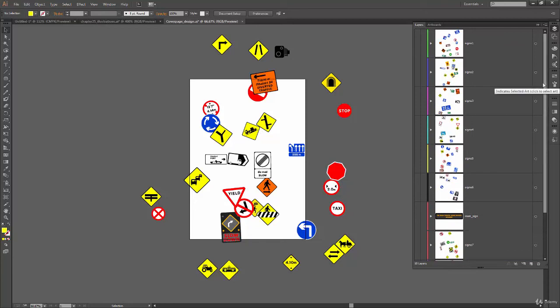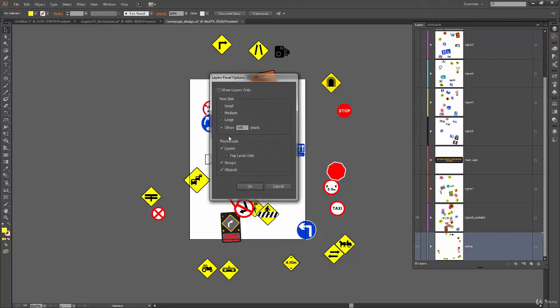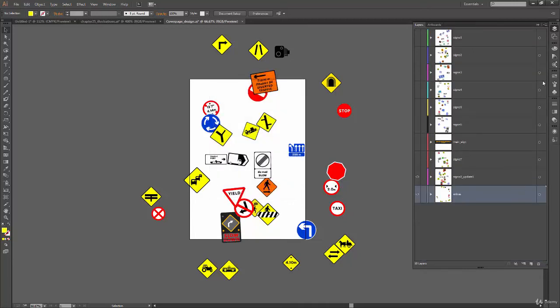It totally depends on your choice, your taste, how you want it to look. I generally don't like this big, so I'm just going to change it to 60, I think, so that it's visible to you and it's convenient for me to work around. And yeah, this is okay.